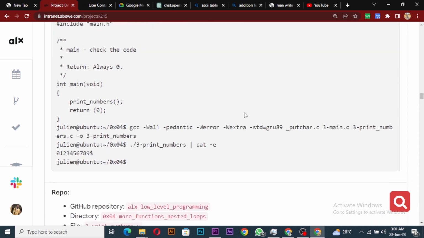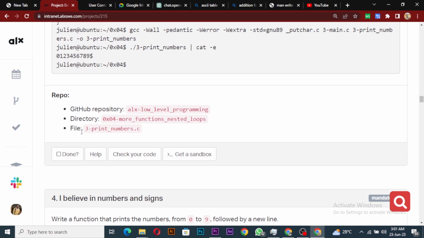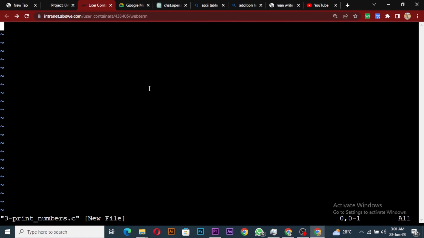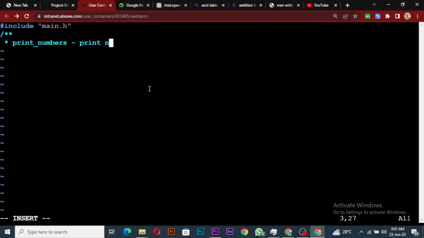So we need to print out. So copy this 3-print.c, copy it, and then vi it, right, and then we go to insert mode, and then we include our header file. And then we do this, and then the name is print_numbers, right? Print underscore numbers. And we have to print numbers